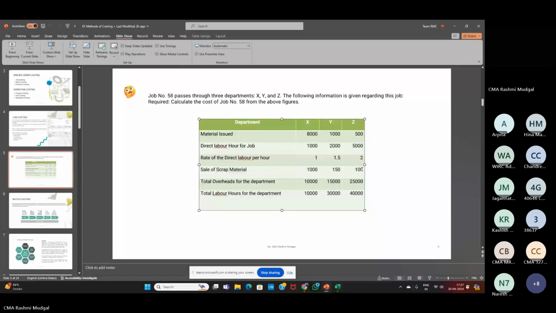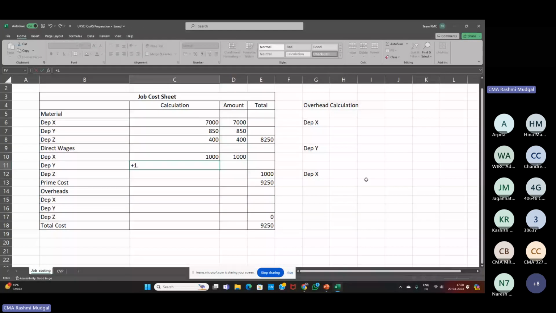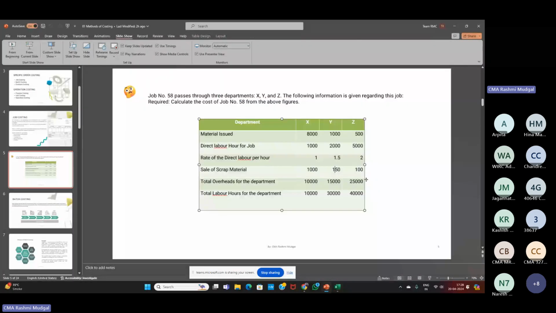So 0.5 into 2,000 hours I have spent here. It is 3,000. Okay. Next, in department Z, the hours I have spent is 5,000 and the per hour rate is